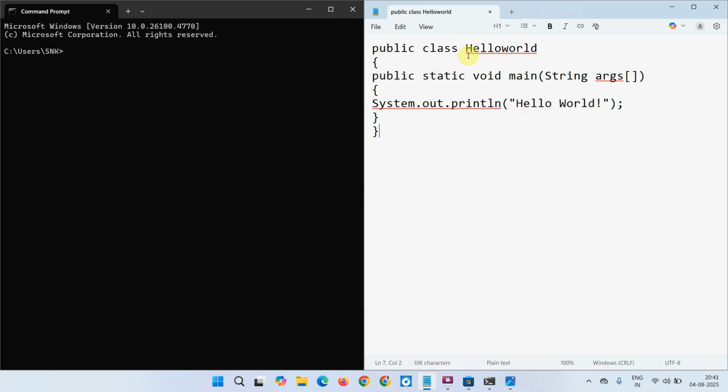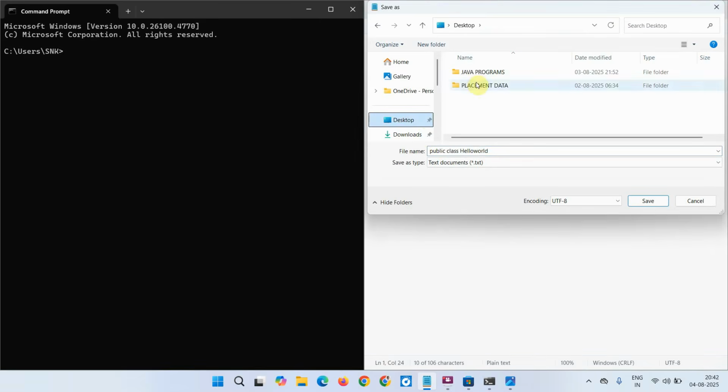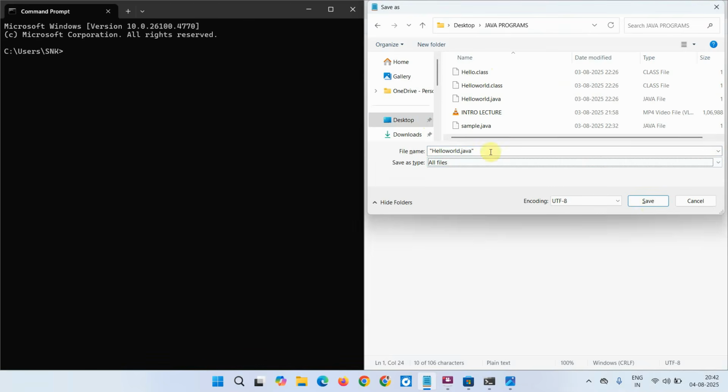So what we'll do is we will save this with this name. In the last class, in the last minute of the video, we had some problem with the difference between the class name and the file name. So it's better to have the file name and class name the same. So I'll copy this and save it. As we know, we have created one folder for Java programs, so here just save it as .java. Okay,